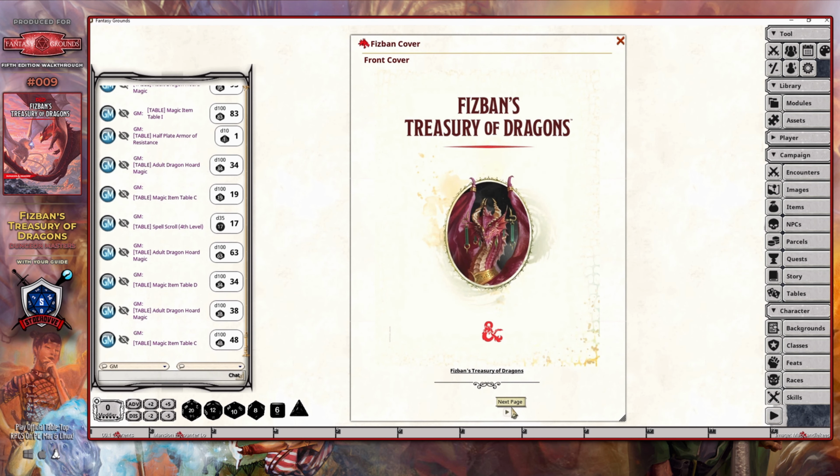As you can see, the Fizban's Treasury of Dragons module adds quite a bit of new content to the 5th edition's Dungeons & Dragons rule set when it comes to dragons, and it allows you to essentially flesh out your dragon lairs much more fully. I really look forward to when I can incorporate a dragon lair into one of my own campaigns using this module, and I encourage others to add to the comment section below their own creations so that others can use